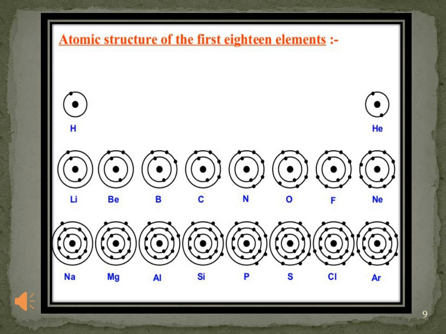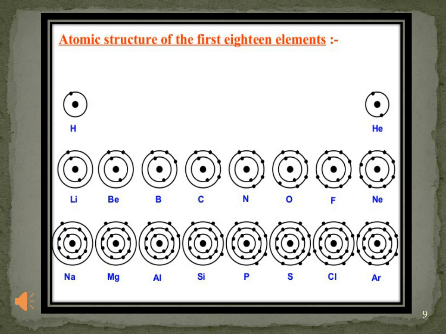Now if we talk about helium, if you can see, the number of electrons of helium is 2. So helium enters into the K shell, and we have seen that in the K shell maximum 2 electrons can be filled. Following that, lithium, the number of electrons of lithium is 3. So basically it will first enter into the K shell, in which 2 electrons can be filled up. So out of 3 electrons, 2 have been filled in the K shell and the remaining 1 is filled in the L shell.